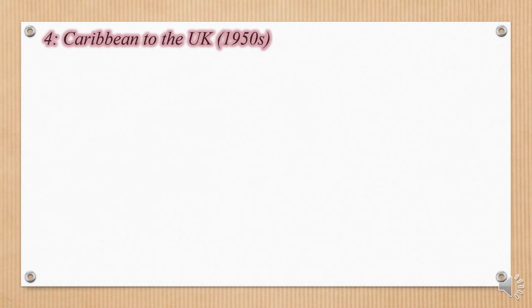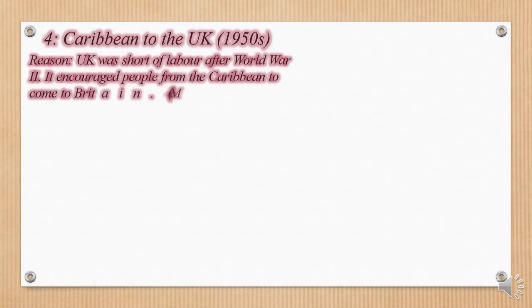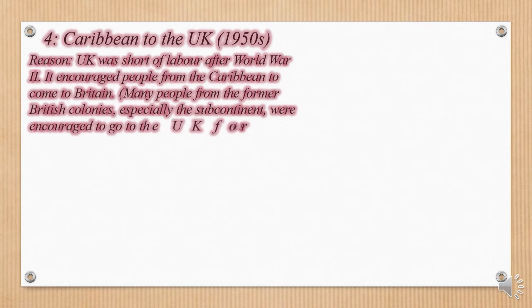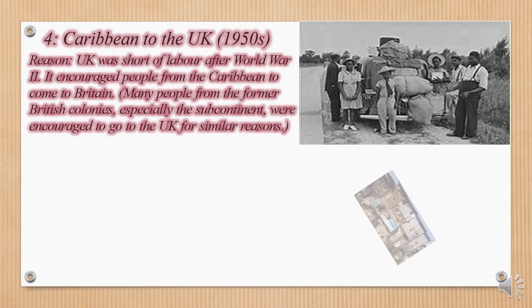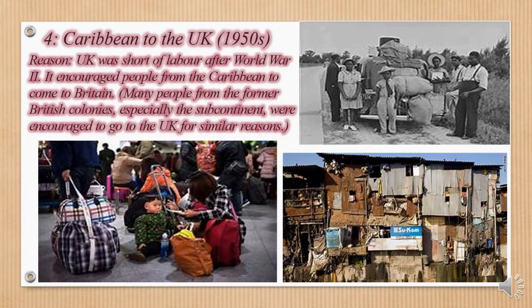Caribbean to the UK. After World War II, there was a desperate shortage of labor in the UK. Many men had been killed, many towns and cities were in ruins from bombing. Industry was strengthened. Tens of thousands of native Caribbeans, especially from Jamaica, were encouraged to come to Britain to work. Generally, they did unskilled work, drove buses, worked on the railway, but some later reached high professional positions and also became members of the parliament.